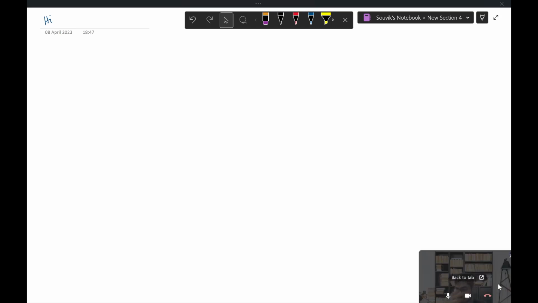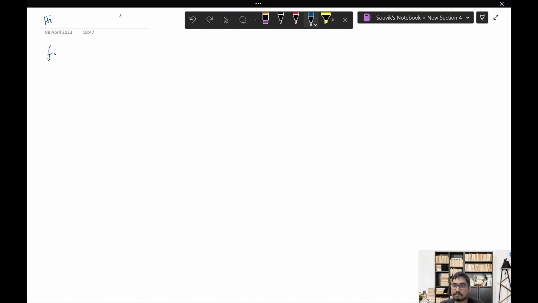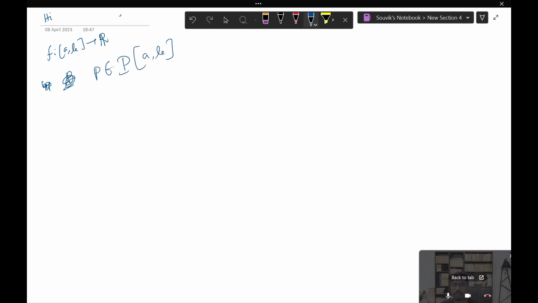So I'm not going to define each and every definition. Today we're only going to see some important definitions so that we can start with some problems. So the first thing is that suppose f is a map from the closed interval [a,b] to R, and let P be a partition of [a,b]. Then